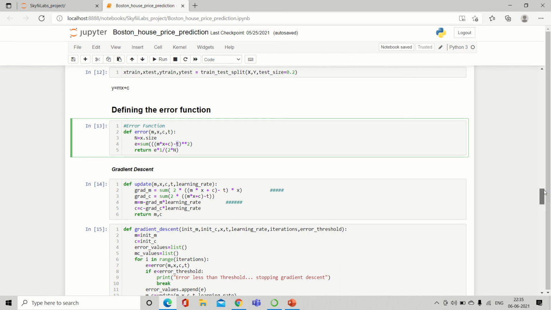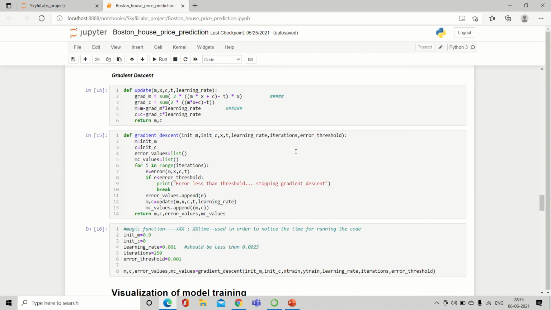Then we are having gradient descent. Basically, gradient descent is an optimization algorithm. It is used to minimize some function by iteratively moving in the direction of steepest descent.